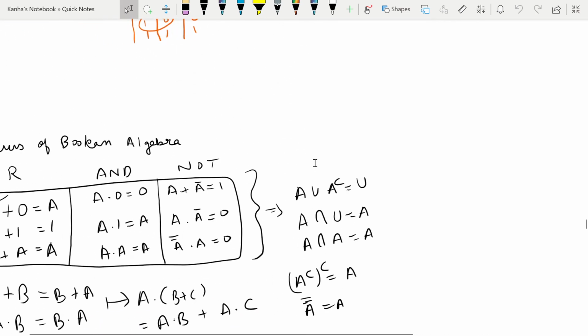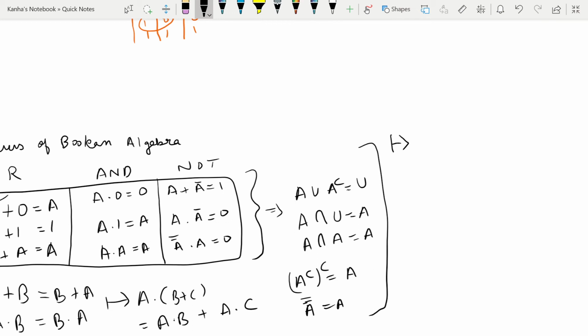Okay. There are some other laws that you might use, which are not exactly laws but identities, that A plus AB is equal to A. What this means is, in terms of sets, you have A union (A intersection B) is equal to A. Now I'll stop writing the set analogues because I think you already know them. So this is a useful identity. Similarly, A and (A plus B) is equal to A.